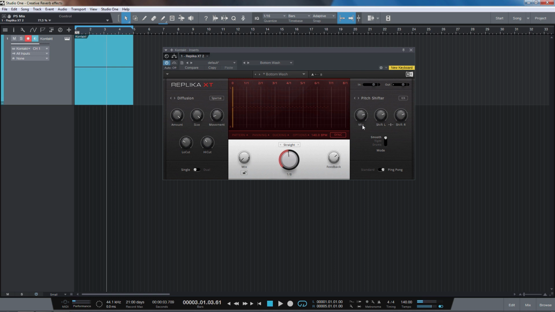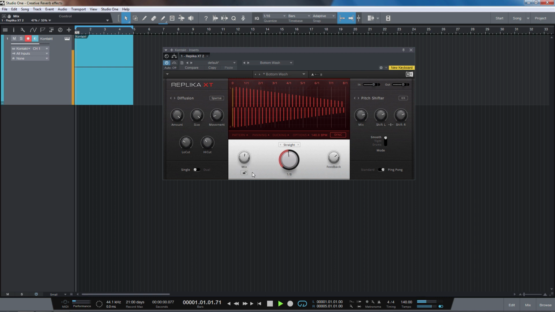It gives it this nice sort of doubling effect, but you can make it pitch up to the note of a chord, and then when you add the delay in with it,